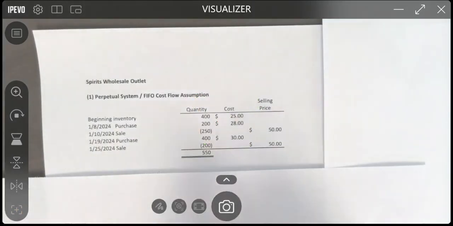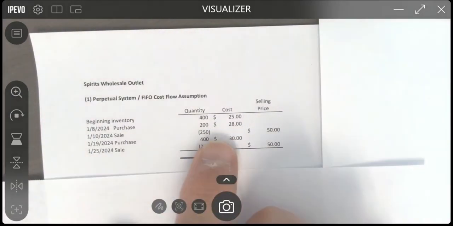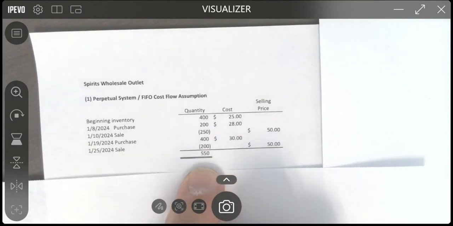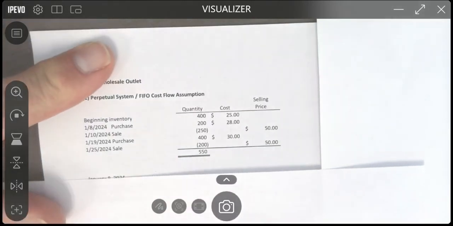The beginning inventory was 400 at 25. Then we purchased 200 at 28, sold 250, purchased 400 at 30, and then sold 200. So available for sale was 1,000, sold was 450, and ending inventory is 550. All right. So let's look at the